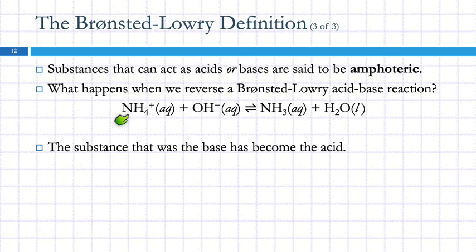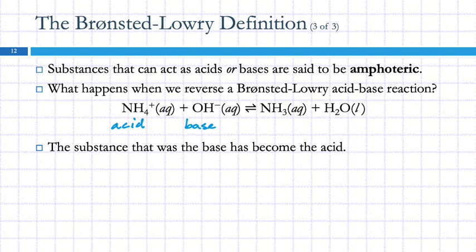The NH4+ is donating a proton to the OH- to make NH3 and H2O. So here, the NH4+ is acting as the acid, and the OH- is acting as the base. The substance that was the base has become the acid,